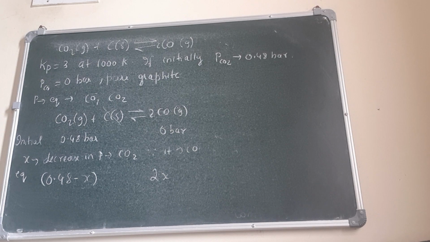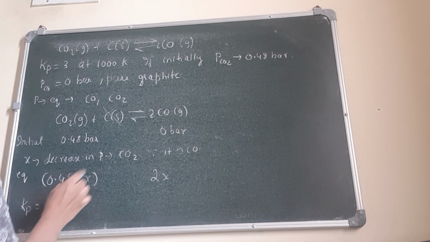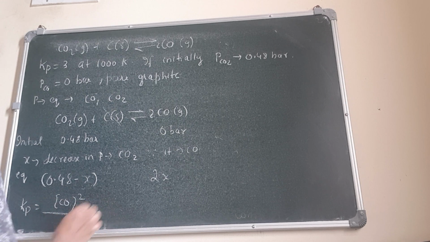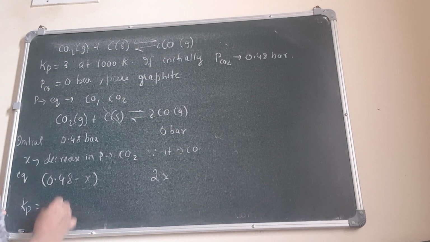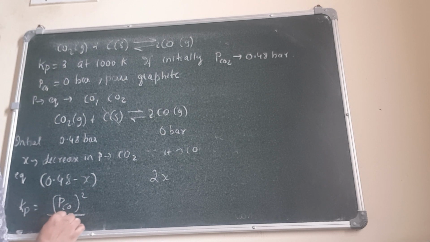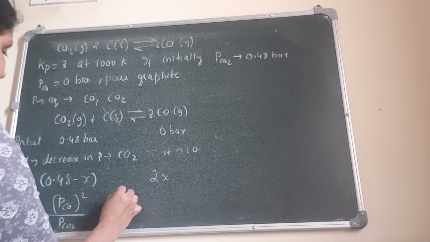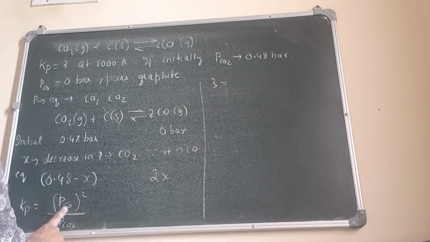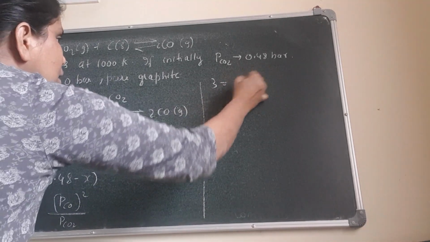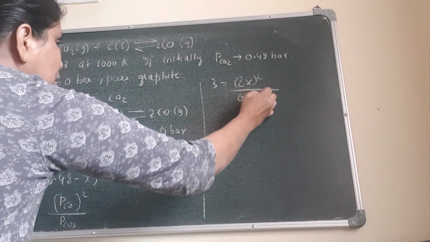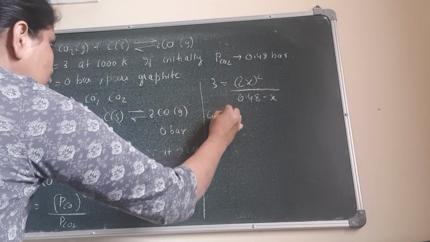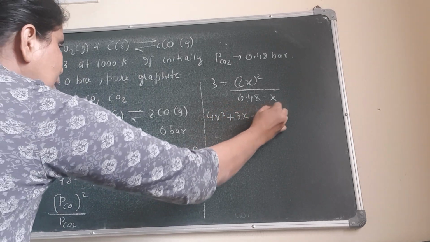Okay, so now let us calculate Kp. I'm not doing all the calculation. This is just going to be carbon monoxide squared. We're talking about pressure, so it will be partial pressure of carbon monoxide raised to the power 2 divided by partial pressure of carbon dioxide. And Kp is given to you as 3. This will be 2x whole square divided by 0.48 minus x. So if you just rearrange this, you will get a quadratic 4x square plus 3x minus 1.44